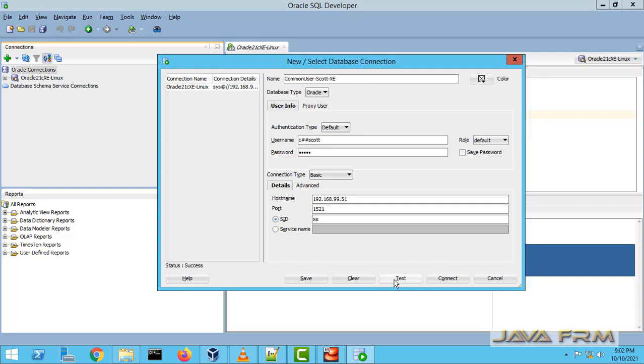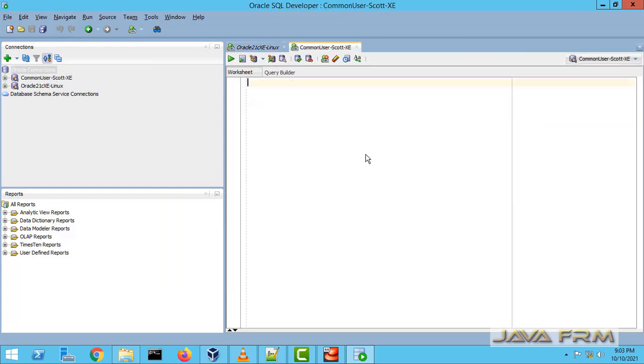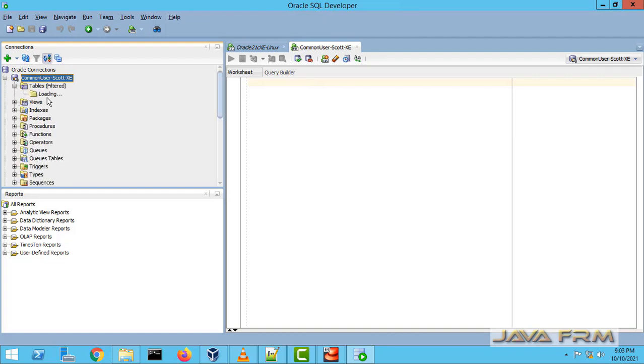Then the password. The database SID is XE, that is the Express Edition database. Yes, so I am able to connect as the C##SCOTT common user from SQL Developer to the XE database. This is a container database.